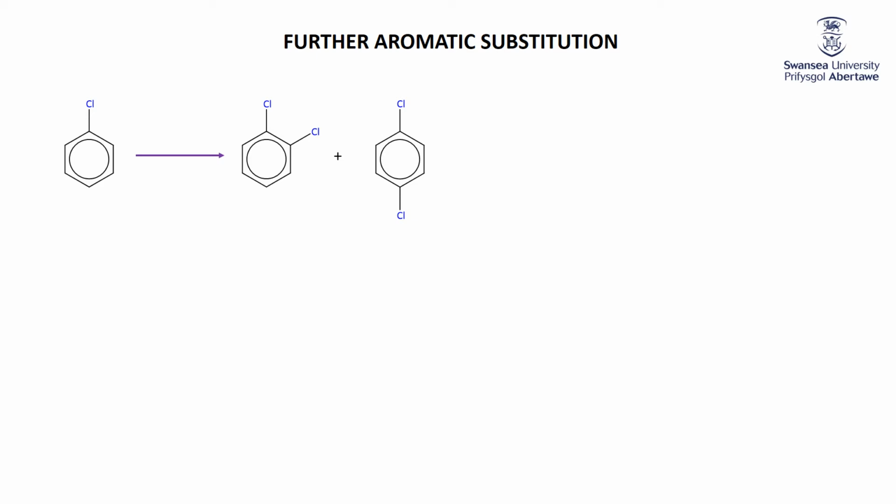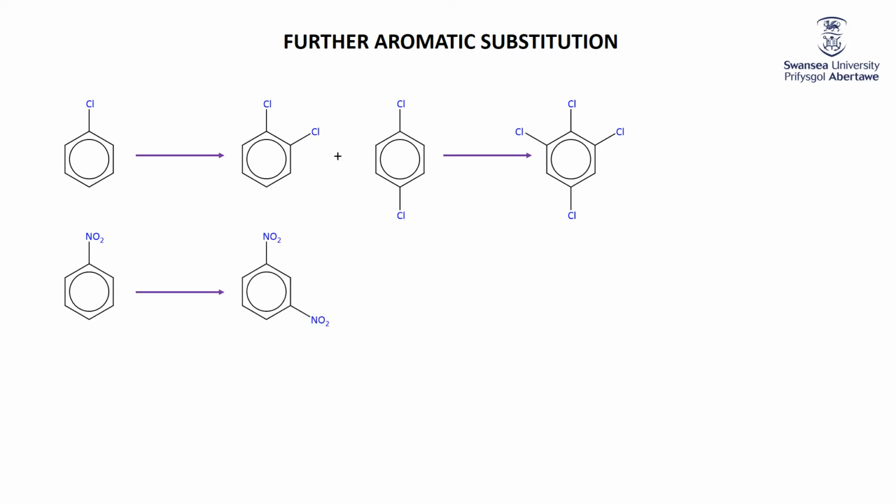And if you're really not careful, you might end up making 1,2,3,5-tetrachlorobenzene. Same idea when you nitrate. I've presented it as just here's benzene, here's our nitric acid, there's our sulfuric acid catalyst. Put it all together, you make a mononitrated benzene. But of course, you've still got nitric acid, you've still got sulfuric acid, so you could go ahead and also